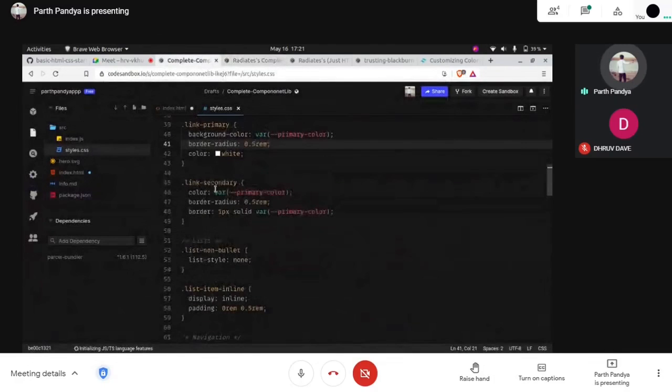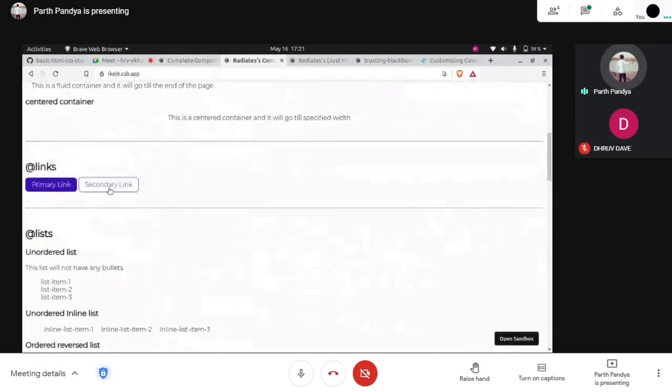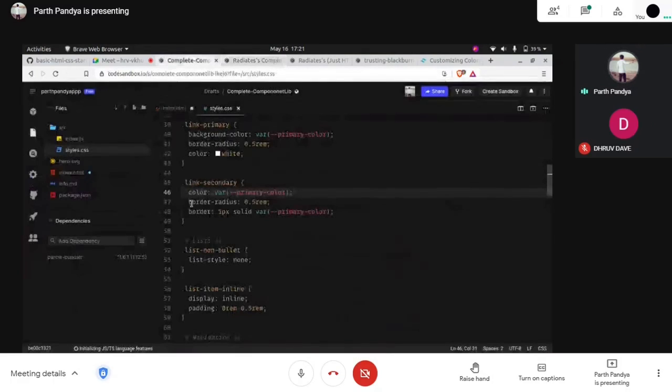Okay, so for link secondary, what we did, we chose the font color as primary color, this purple, this dark blue. And we have the same border thing in this link.